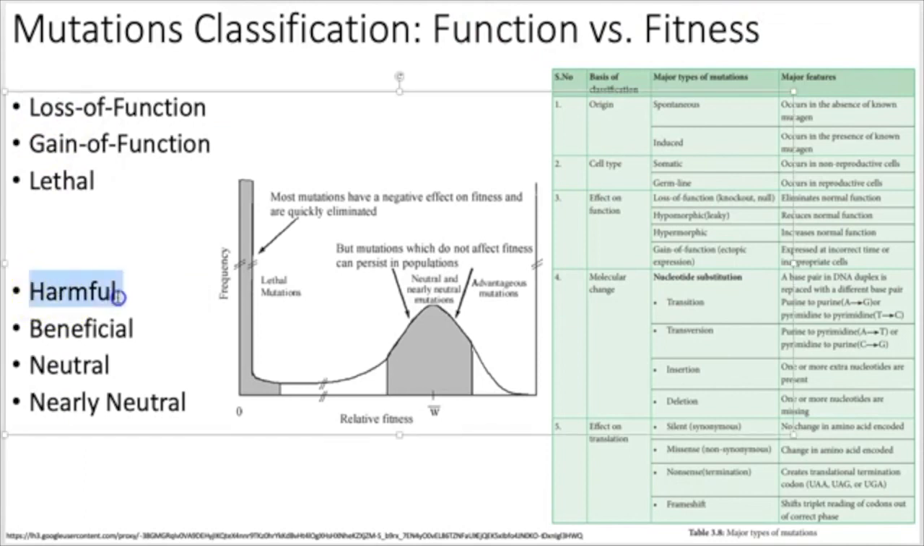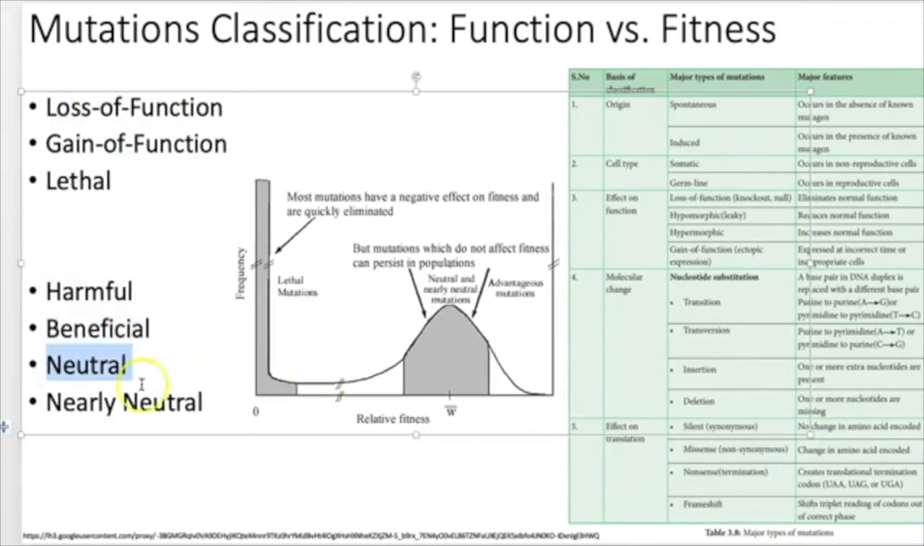So you could have a harmful mutation, it could be beneficial, because a loss of function could be harmful or beneficial, right? So you could have a harmful mutation, you could have a beneficial mutation, it could be neutral. You could have a nearly neutral one. I don't even have a good example off the top of my head, but